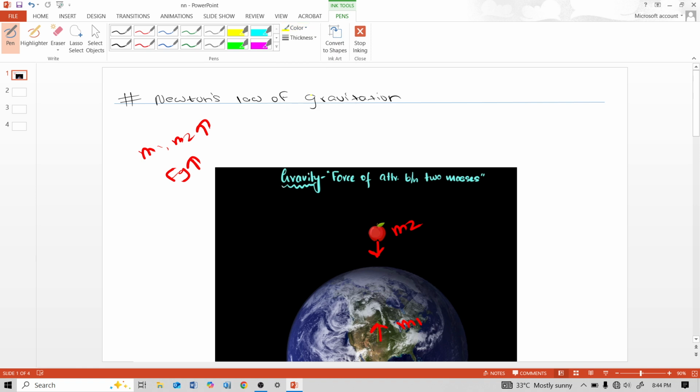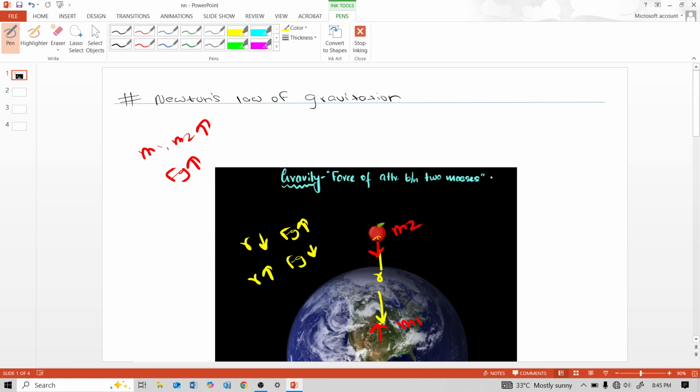One more concept: this is the centroid of the apple and this is the centroid of the earth, and the distance between both of them is r. So if this r reduces, then force of gravity increases, and if r increases, then force of gravity will